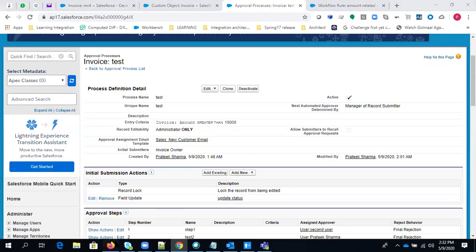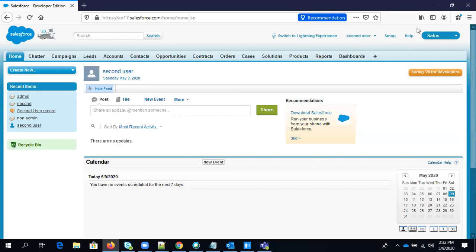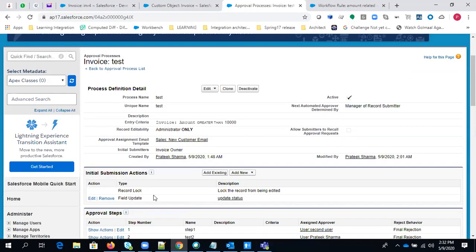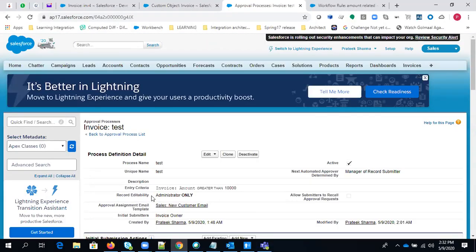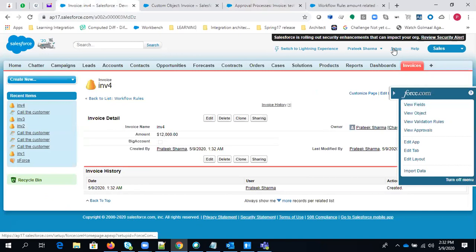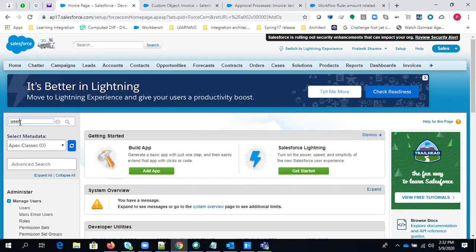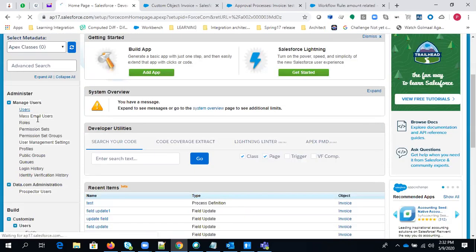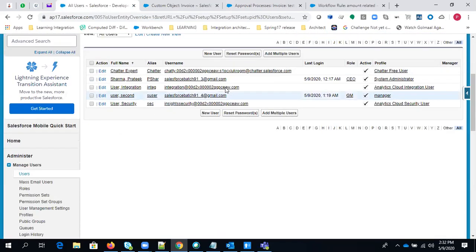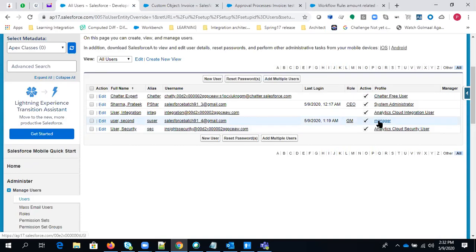So let's change the profile of this user, the second user profile, and give access to the invoice object so he can check the records. So let me go to user. In the user here, what is our second user profile? It is manager.